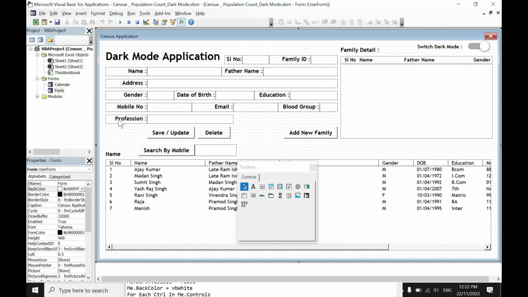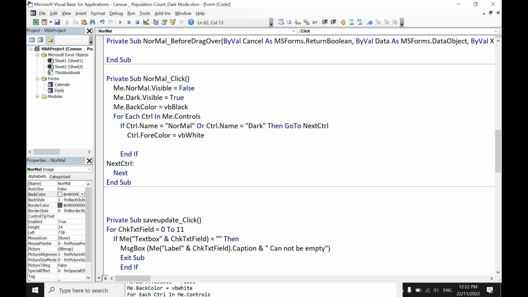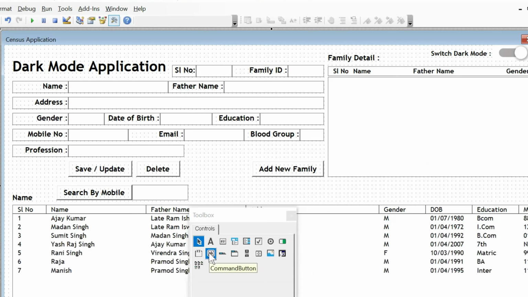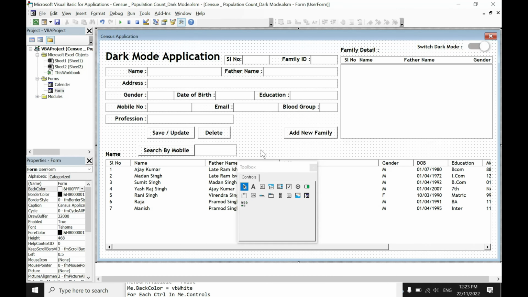So I have to give the condition for the some control. Then I will give the condition: if TypeName(control) is equal to CommandButton, and please note that this spelling should be exact as per your control type name. Like when you move the mouse here, you will see the name of the control in the yellow tag. See what the spelling is: C is capital, B is capital. So you also have to keep this in mind when writing the code.